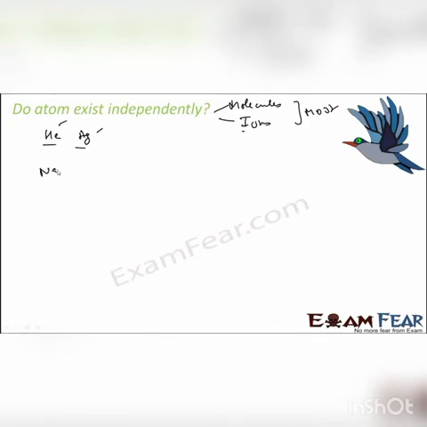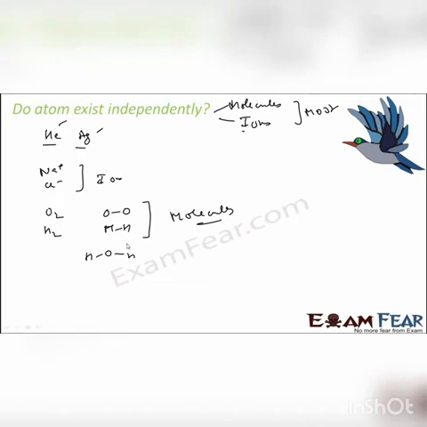But for example, sodium Na+ and Cl-, these are all ions. We talked about O2, we talk about H2. In O2 we have 2 oxygen atoms, in H2 we have 2 hydrogen atoms, and these are molecules. Or water also. So most of them won't exist independently, but a few of them, for example helium, argon, mostly noble gases, exist independently. Most of the atoms exist in the form of molecules or ions.